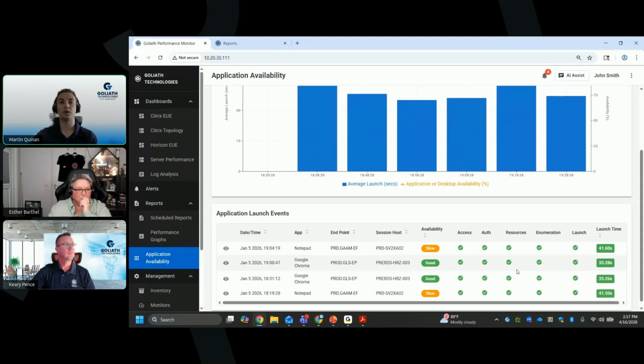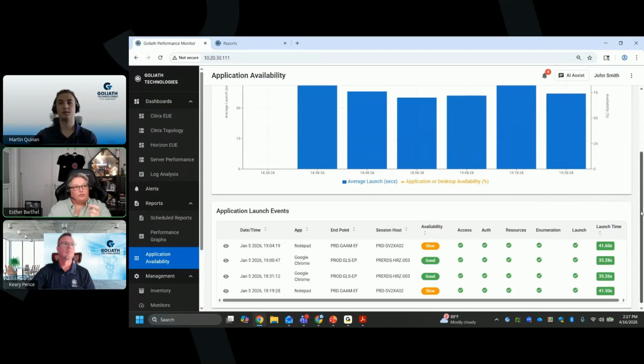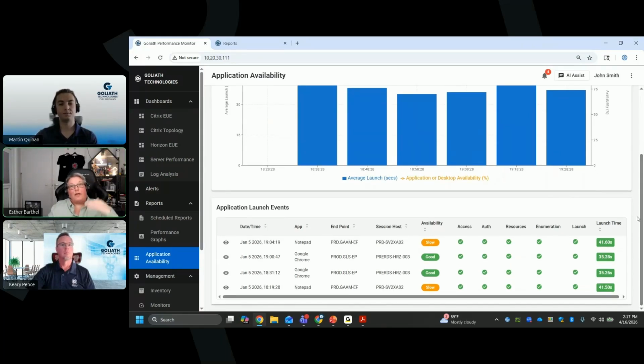Is this only focused on the published applications, or does it also allow you to, if you have a published desktop, to see if it's available or not? Yep, it's any resource that's published on, say, the storefront, for example. So any resource, a desktop, an application, whatever your users are going to be expecting to get into